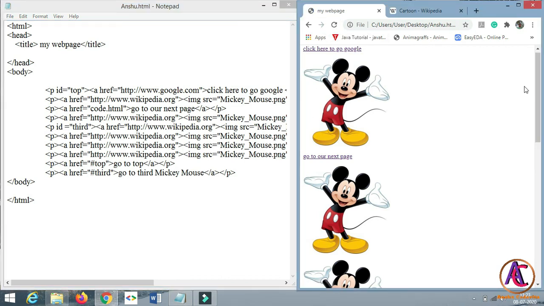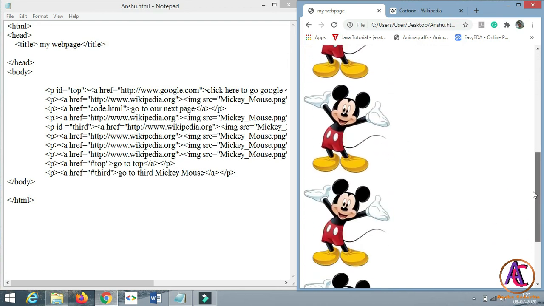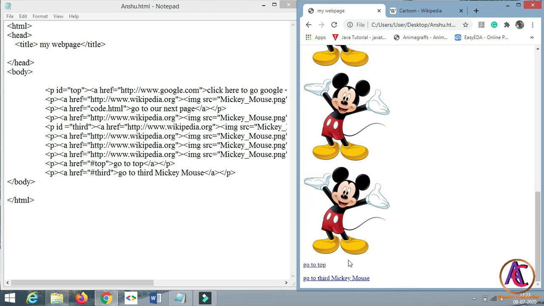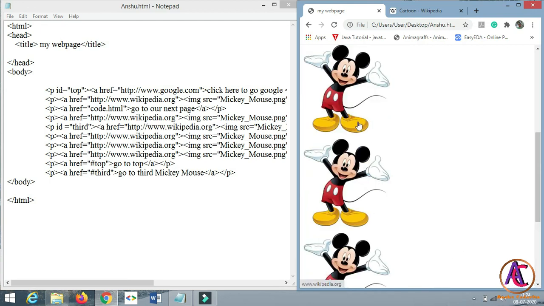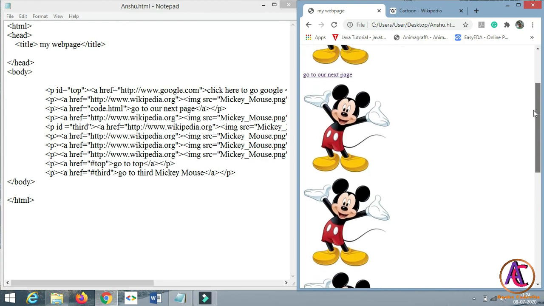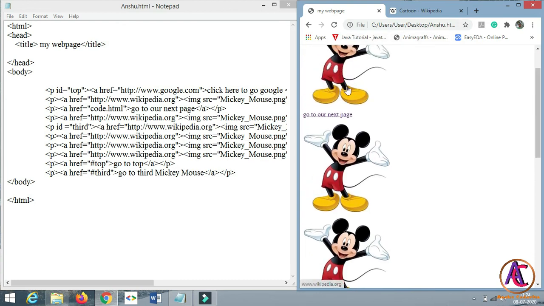You will see that a link is created at the bottom of our web page, go to the third Mickey Mouse. When we click on it, it will redirect to the third Mickey Mouse. This is the first Mickey Mouse, this is the second, and this is the third.